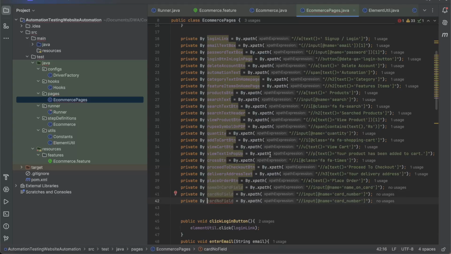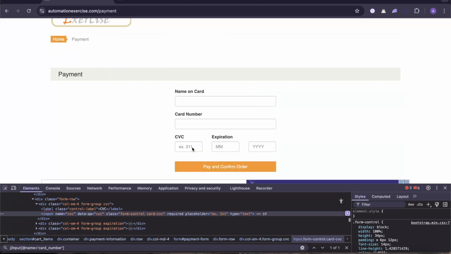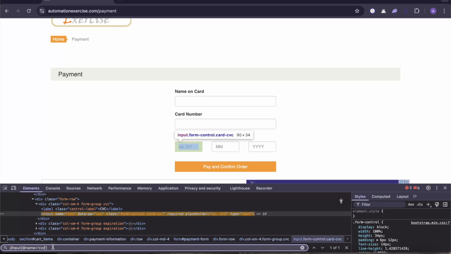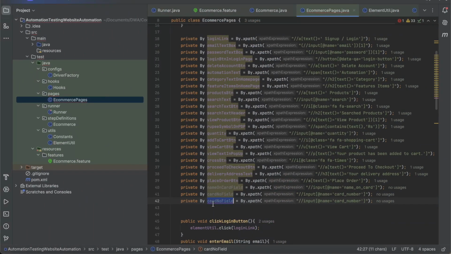The next one, duplicate it, come here, find the CVV, name is CVC. Okay, come here, replace the CVC, it's coming, copy this, come here, sorry, not here, you have to come here and place it. So CVV